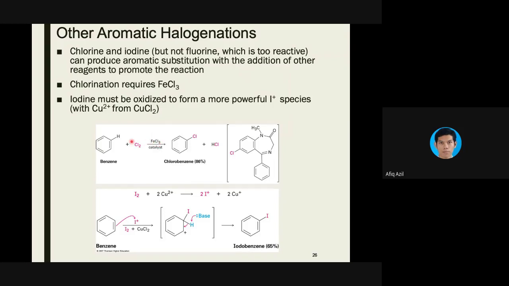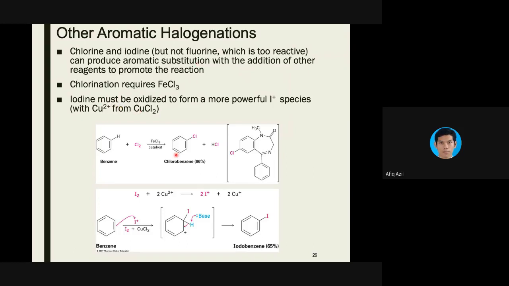It just wants to polarize this chlorine, Cl2, into Cl plus and Cl minus. Once it has that polarized chlorine, then only benzene can attack it, and it becomes the electrophile. So for iodine, if you want to have